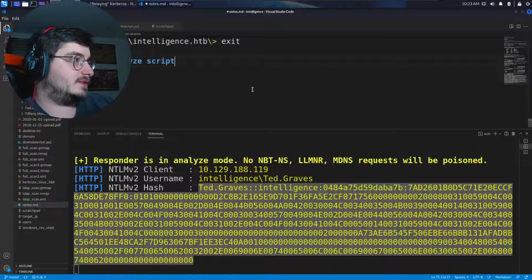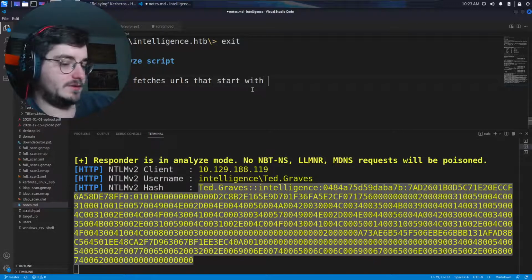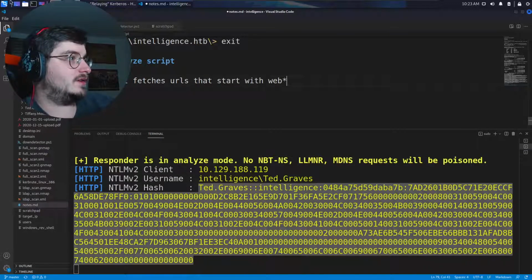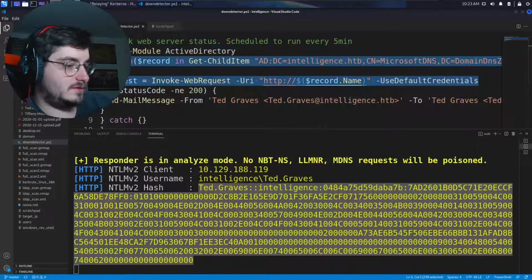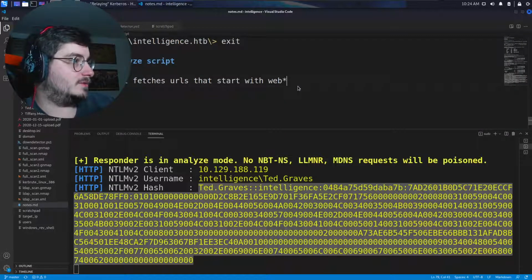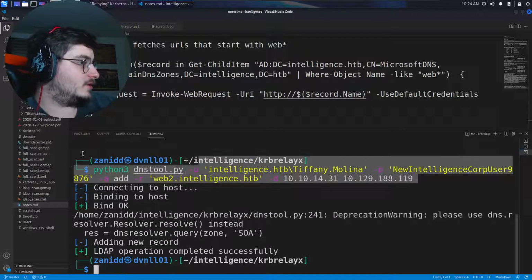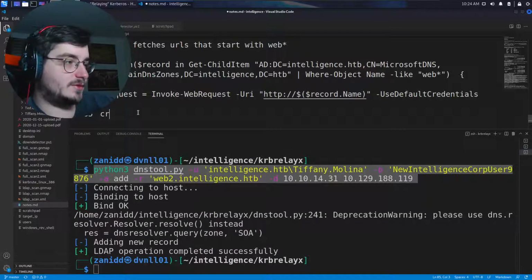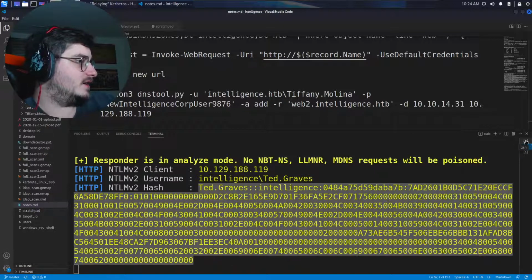Analyze script. Script fetches URLs defined. The URLs that start with web. Let's copy this port and put them in the notes, and then we can do our command in here, create new URL. Yeah, I had to create a second one. The first one didn't work for some reason. And then